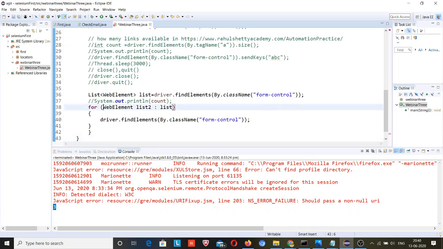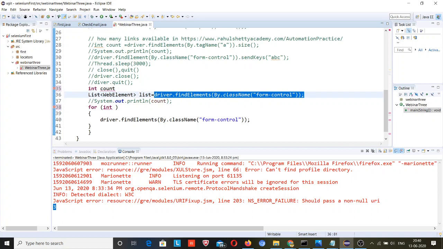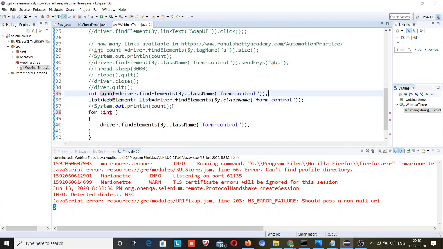I need to go with this for loop only. For int count. I will comment this, guys. As of now, we don't need it.